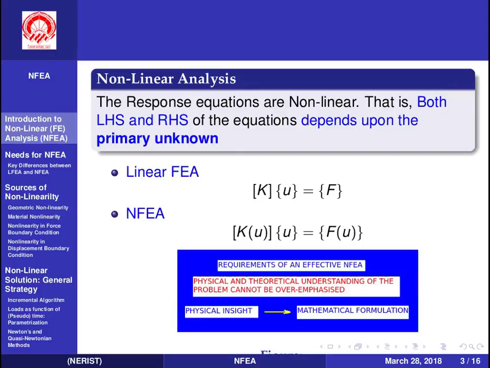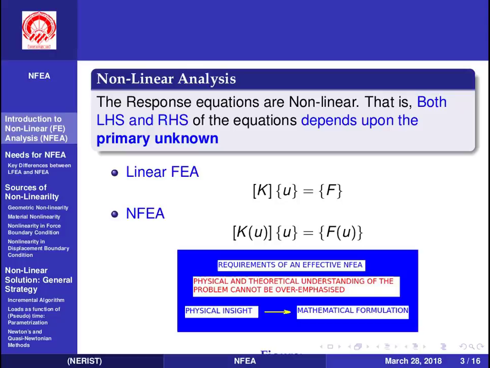When the basic equation, both the left hand and right hand side of the equation, depend on the primary unknown quantity, then we can call it a nonlinear equation. And in the finite element method, you know that those are matrix equations, and if both the right hand side and left hand side are dependent on the primary unknown, then we